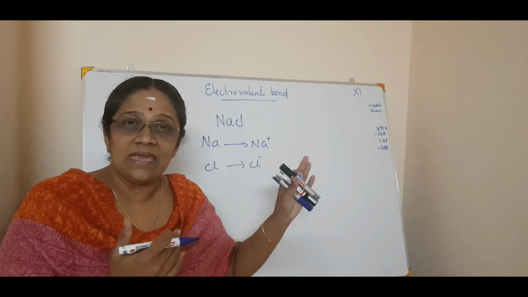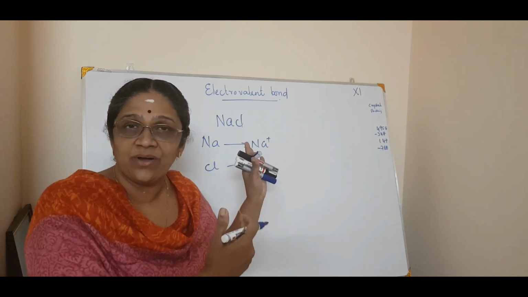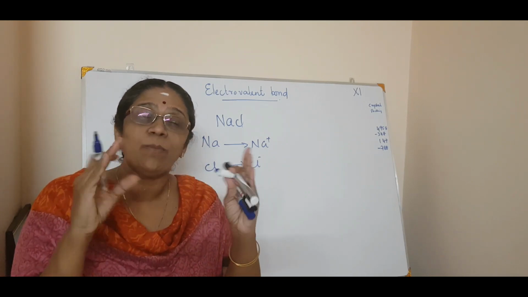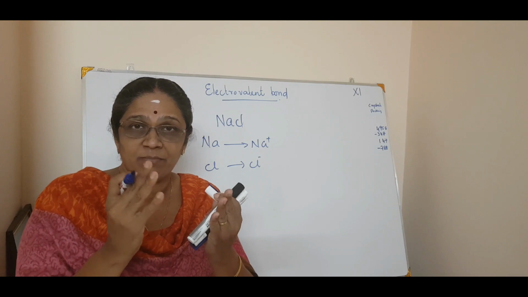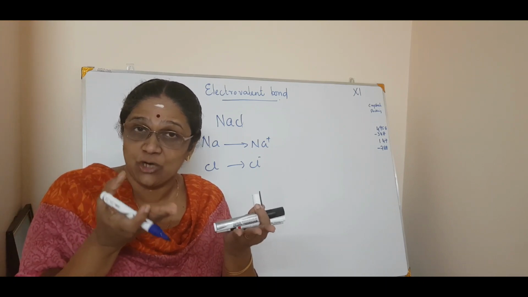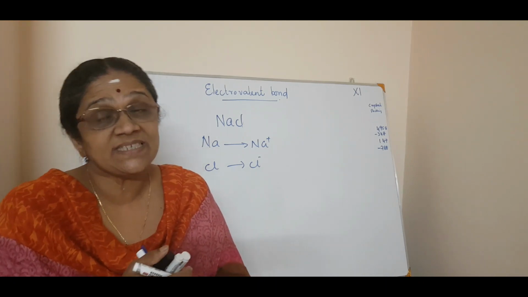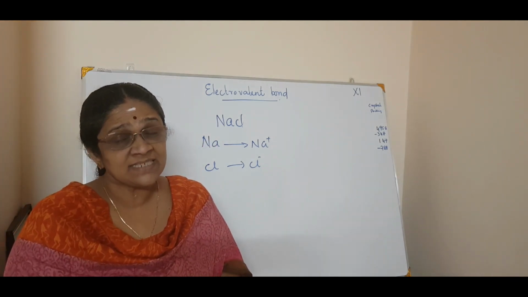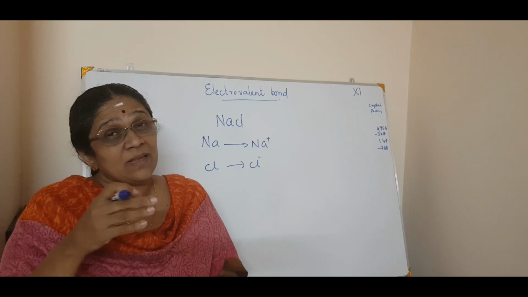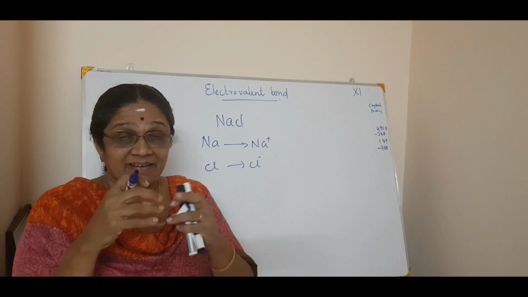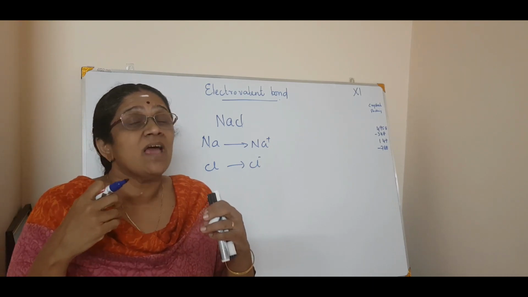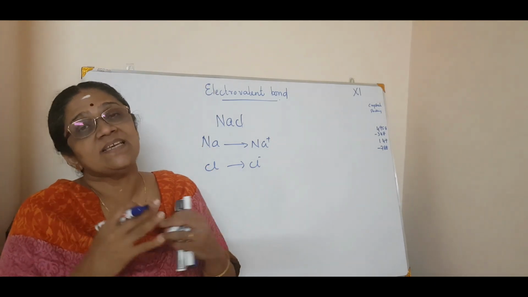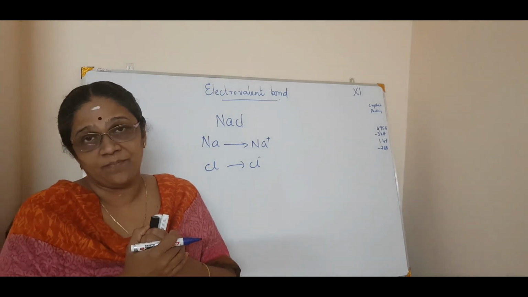One is the easiness by which they form a cation and an anion. Second is, after the formation of these ions, they form a particular 3D arrangement by which the molecule will get a definite geometry, isn't it? You always say that ionic compounds have a definite geometry. That is the reason why. Because the plus and minus ions will have attractive force as well as repulsive force, and one more energy we will study. So all these dependencies are there for the electrovalent bond.